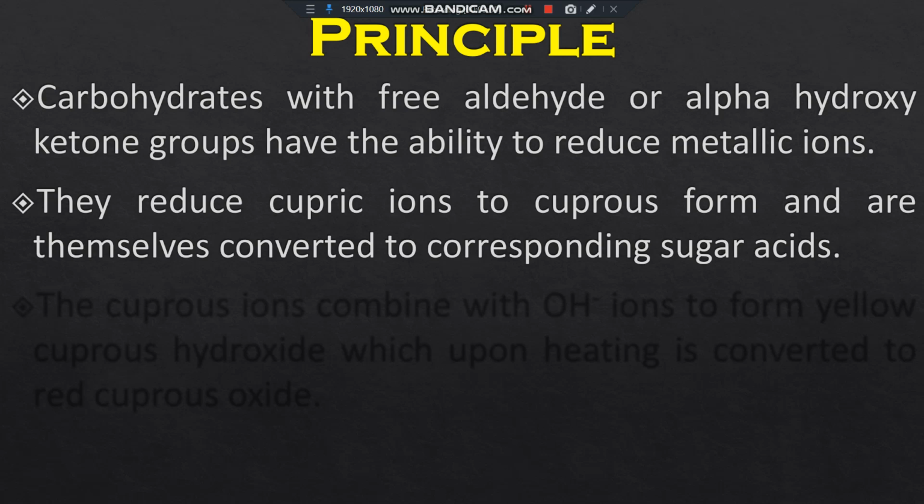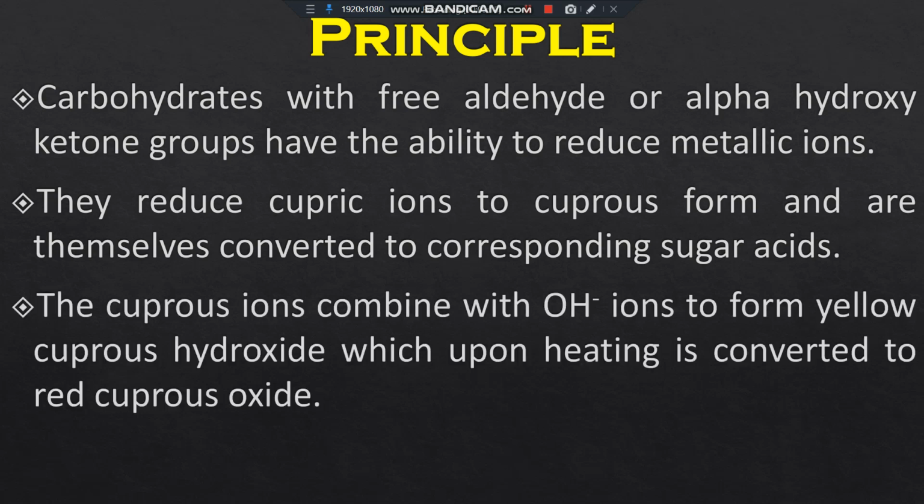Like if you are using glucose, it will be converted to gluconic acid, so that corresponding sugar acid will be there. So Cu+2 will be converted to Cu+1, and the sugar will be converted into the corresponding acid. The cuprous ion combines with OH ions to form yellow cuprous hydroxide, which upon heating is converted to red